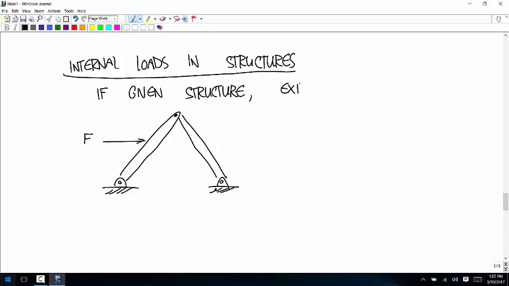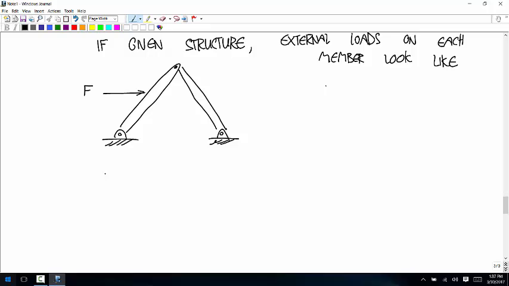The external loads look something like this. So the external loads on each member look like, if this is body 1 and this is body 2,